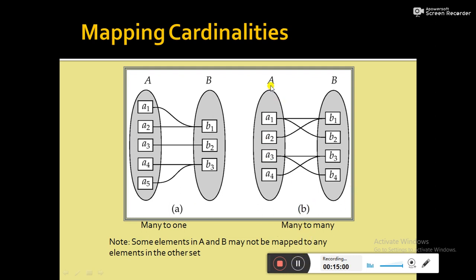And then move to the many-to-many relationship. An entity in A is associated with any number of entities in B. Any number means again 0 or more, and an entity in B is associated with any number of entities in A. Any number means 0 or more. For example, consider an entity A1 associated with B1 and B2, that is one to many. Now, B1 is associated with A1 and also with A2, so from the B side it is also one to many. So if you combine all these things, it becomes a many-to-many relationship.